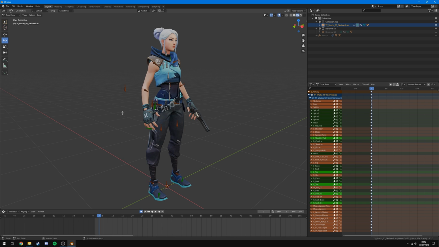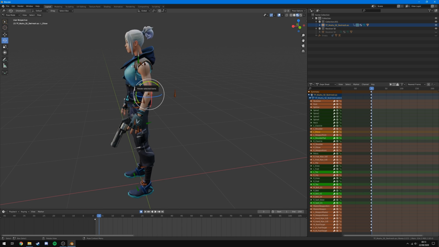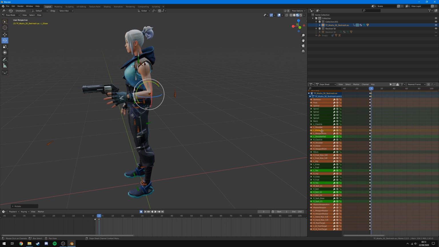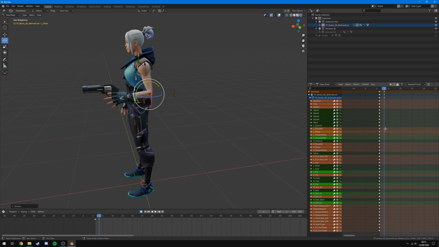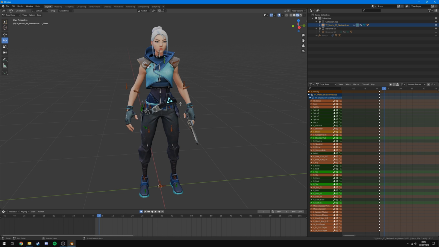So if you select that, basically any movement we make, so for example if I move this arm right now, it's automatically keyframed it. You can see right here the left elbow has automatically had a keyframe added for it, so this animation has already been applied. And this is useful for when you make changes to the location and rotation of bones and forget to add the keyframe. It will automatically do it for you, so you don't end up wasting a ton of time. So I'm just going to undo that quickly, and there you go, you can see we're back to normal